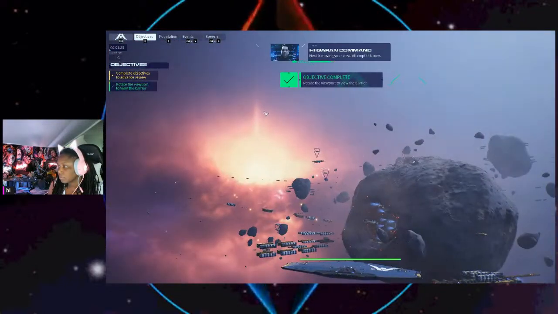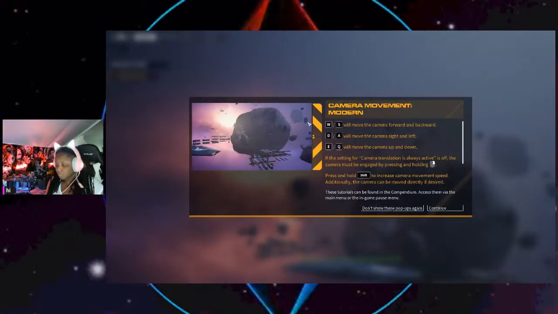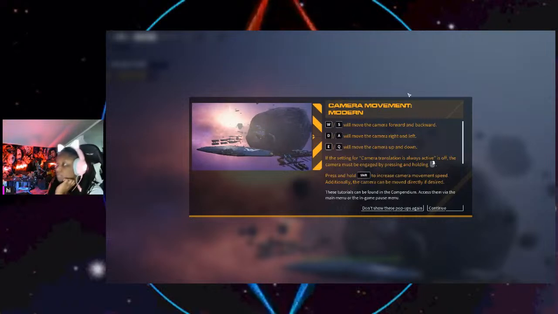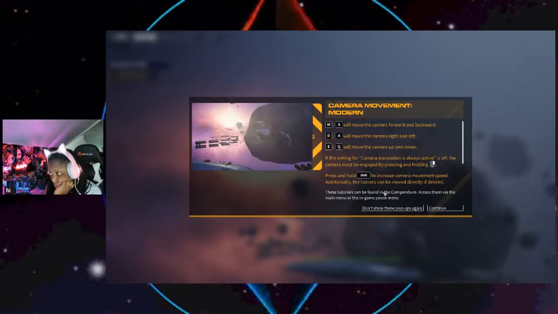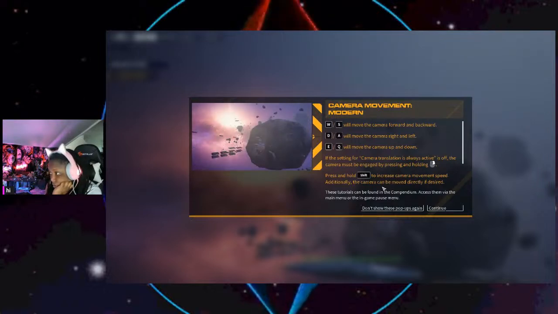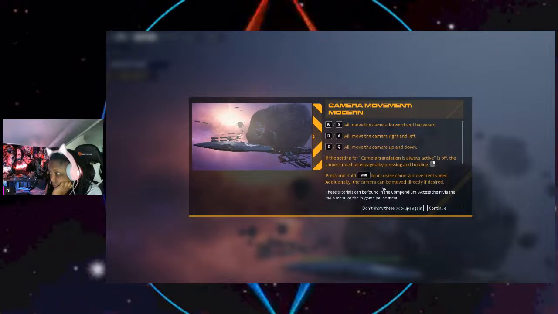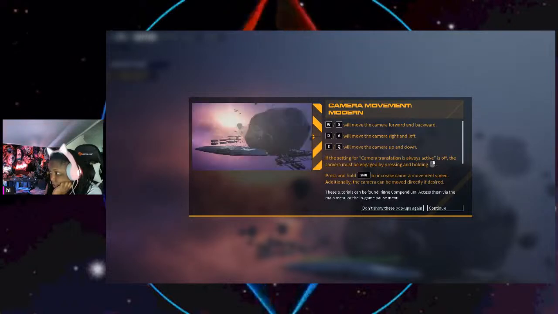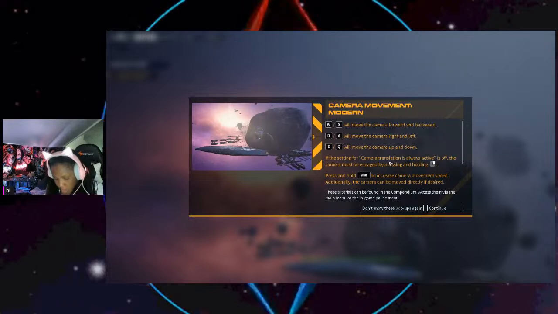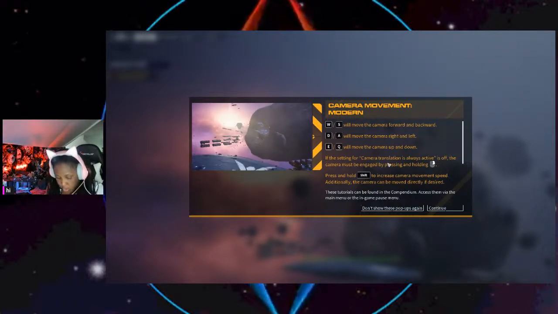Next is moving your view. Attempt this now. W and S will move the camera forward and back. D and A will move the camera right and left. So D and A moves it right and left. W and S. Okay, so